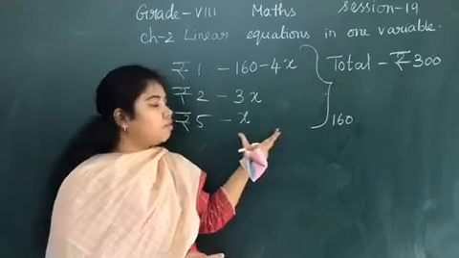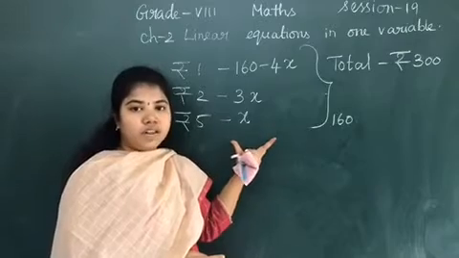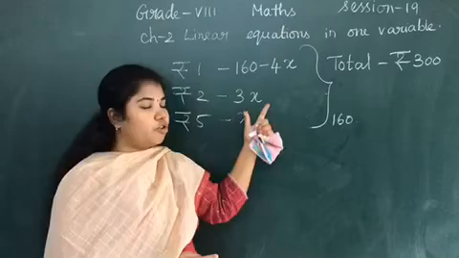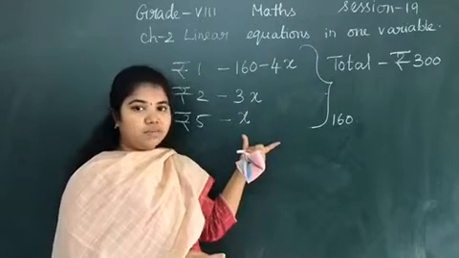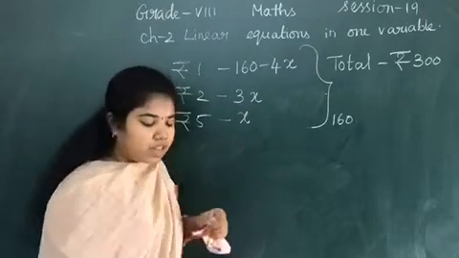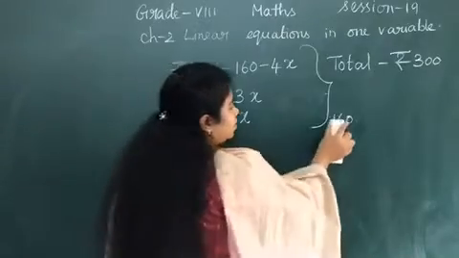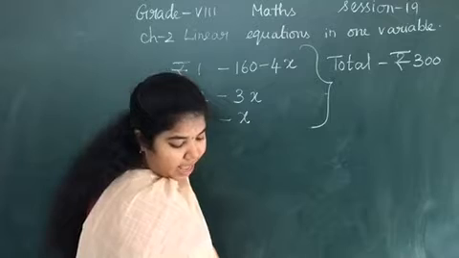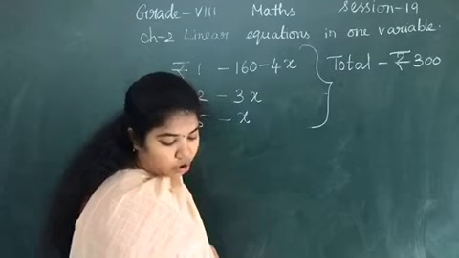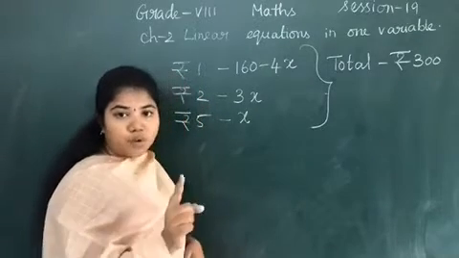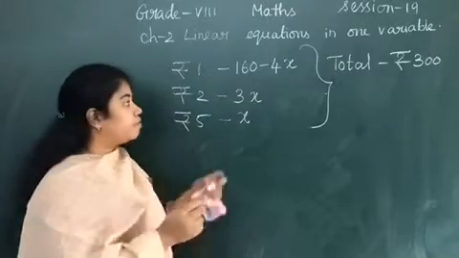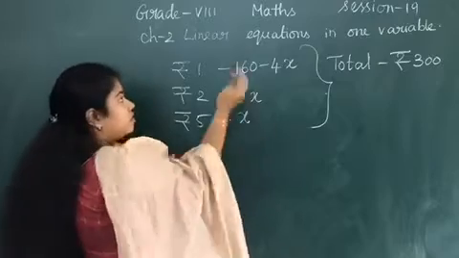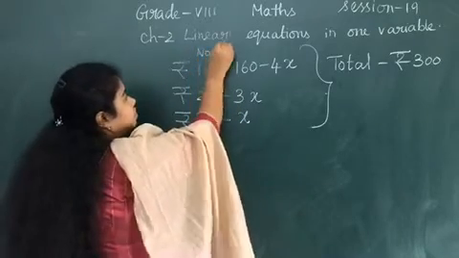Can you understand? This is the most important part. So this is clear for you, right? Now when my x value has arrived, I have to substitute it in these x value parts. Okay, now see the next one. In the first sentence they have given, I have a total of rupees 300 in coins of denomination rupees 1, rupees 2 and rupees 5. This is about the number of coins.